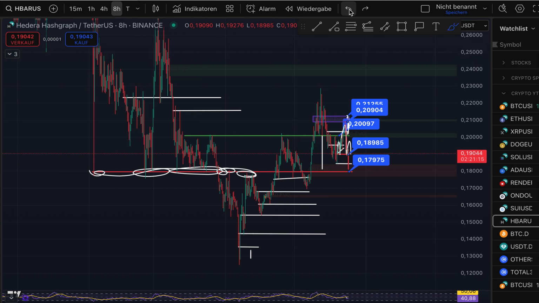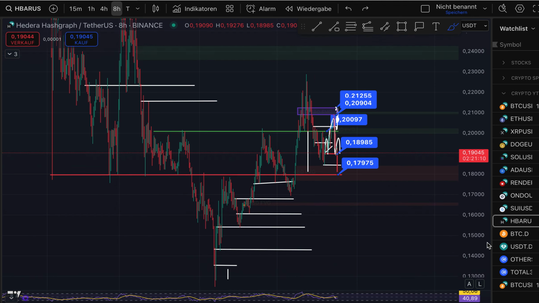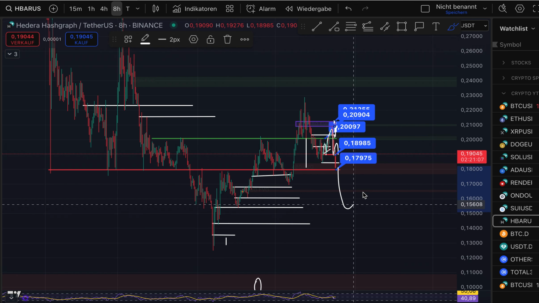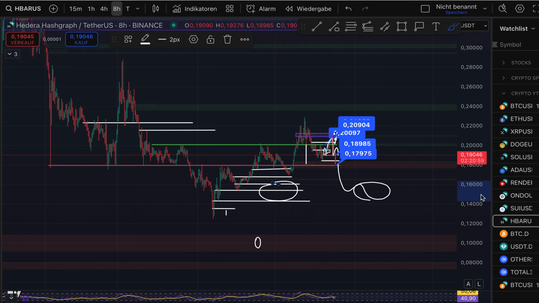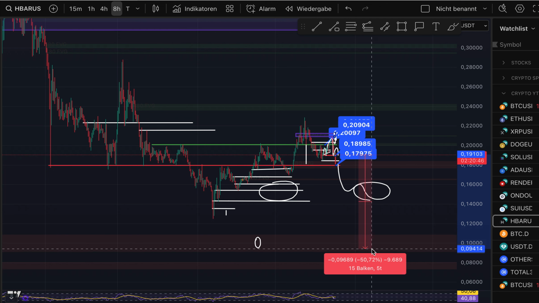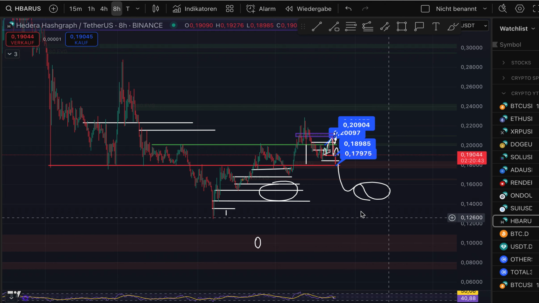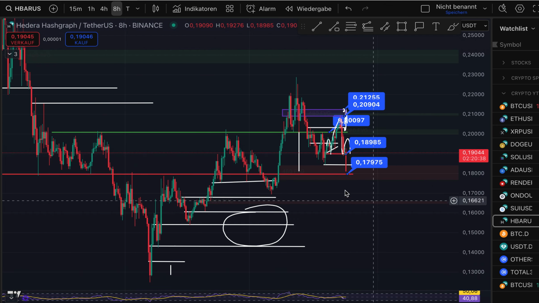So it is possible that if we break the 18 cents to the downside, that it's not looking good, and that we can get into some of those levels which we have here on the left. If we also lose them, I don't want to be too bearish right now, but we have even a fair value gap down to 9.1 cents. If we just close it until, let's say, 10 cents, then it's still a 50% correction to the downside. This is possible. So I just want to warn you that